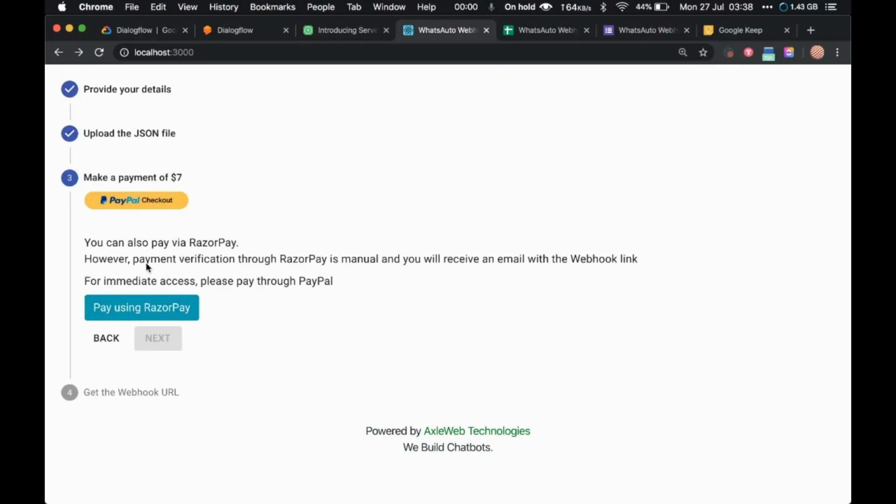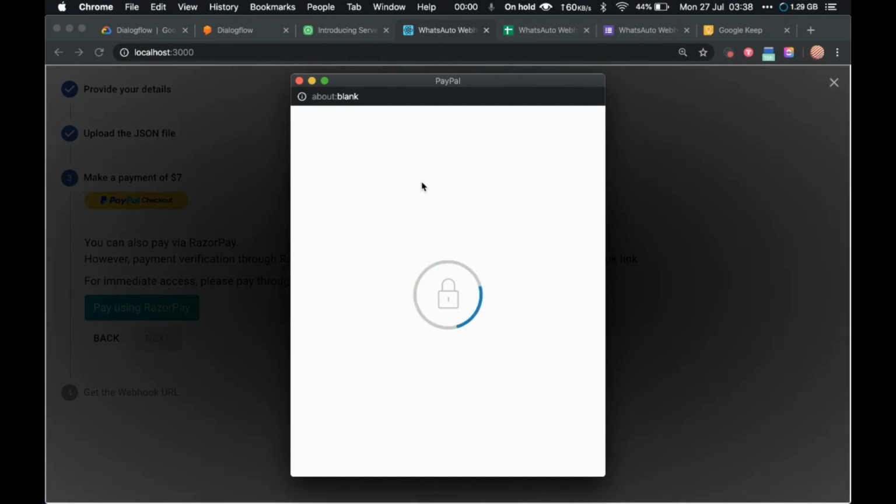But the problem with Razorpay is that it will take at least 1 day because it's a manual process. What will happen is you pay through Razorpay, and then we will send you a link to your WhatsAuto server URL. But if you pay through PayPal, then it will immediately give you the WhatsAuto webhook URL. Let me show you how it works. You just click on PayPal, and